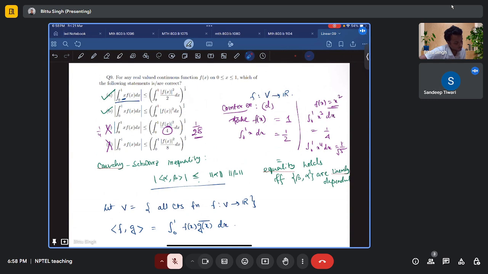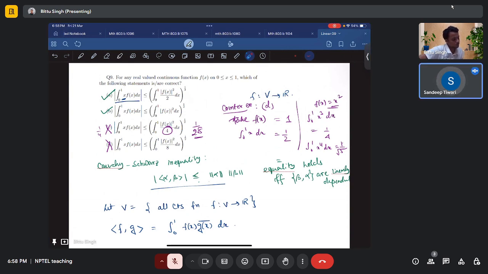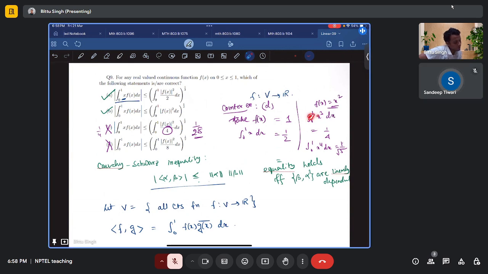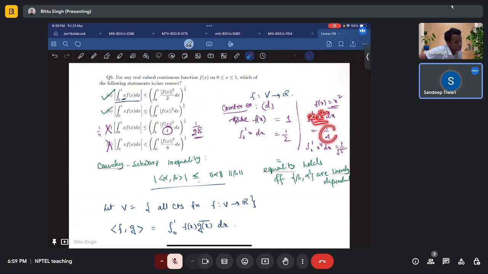Yes. So we have to multiply by 1 by 3 also, sir, because we are considering the inner product of x comma x squared. Yes, so x comma x squared means x cube, and if you just integrate, you will get